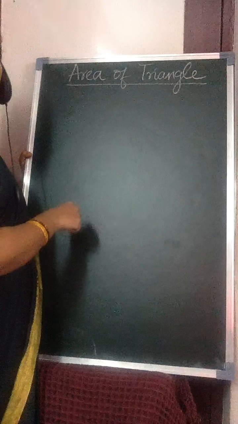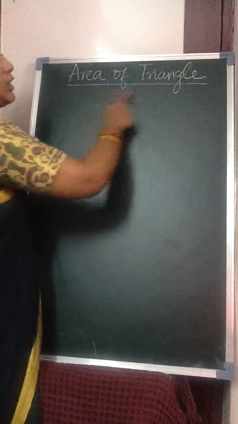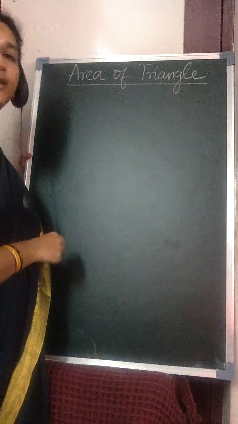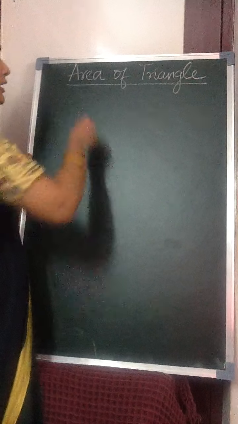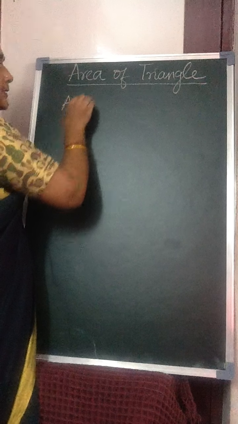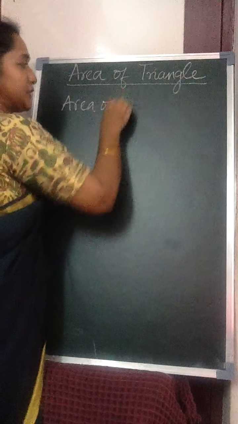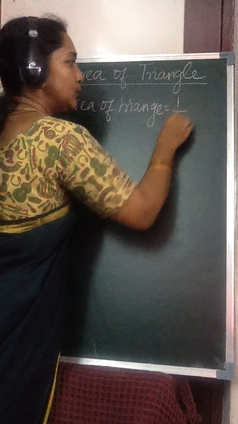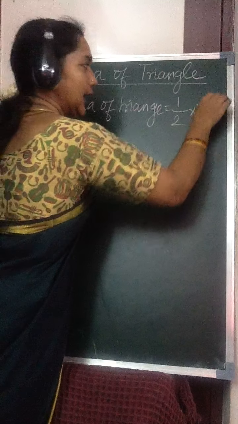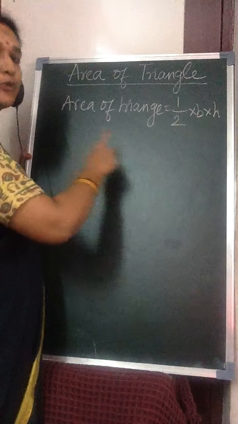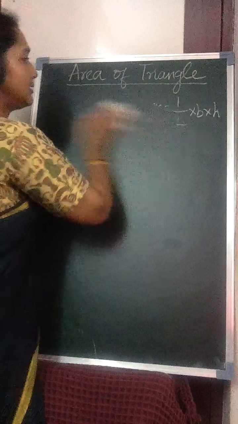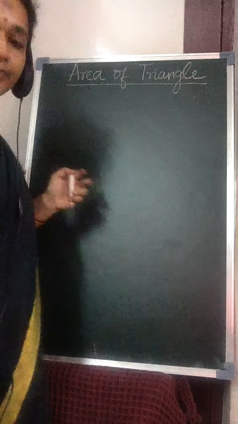In this video, we will derive the formula for area of triangle that we are going to use in coordinate geometry. In your lower classes, you have learned area of triangle. The formula for area of triangle is half into base into height square units. This is the formula you have used already in your lower classes. So, in this coordinate geometry,